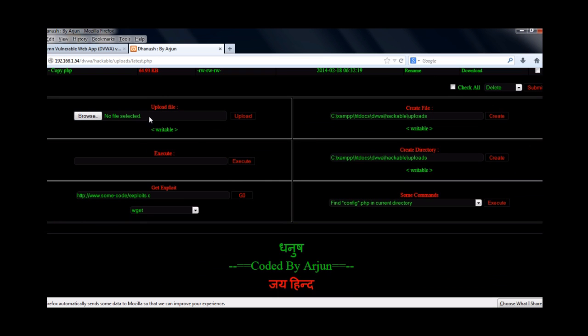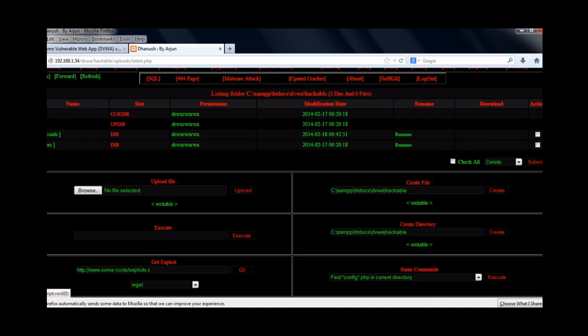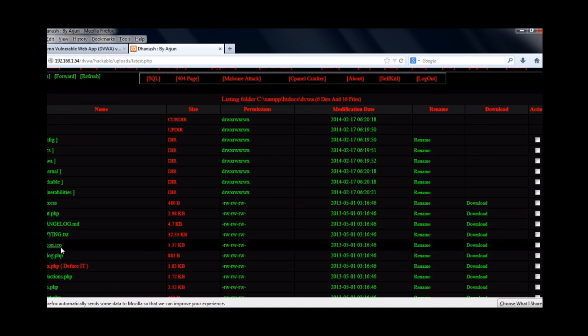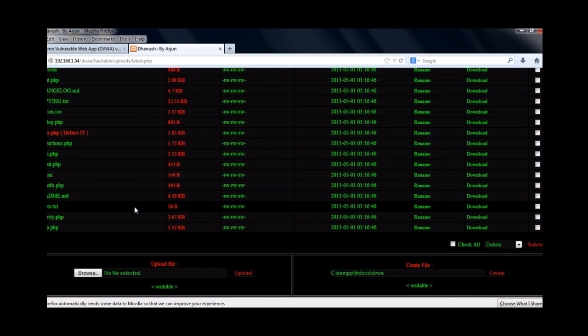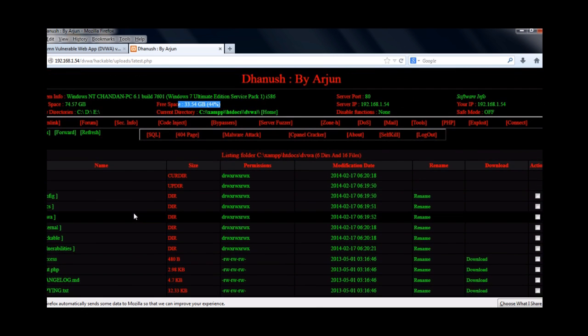Down here we have other options: we can upload files, execute any commands, or browse through the directories and see what folders and files are in the web application. We can deface the application easily using this.